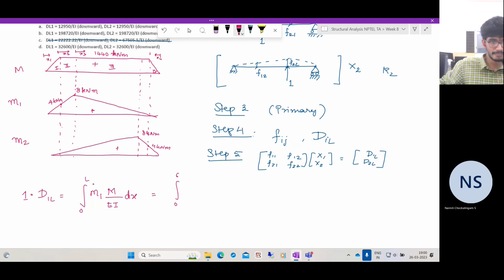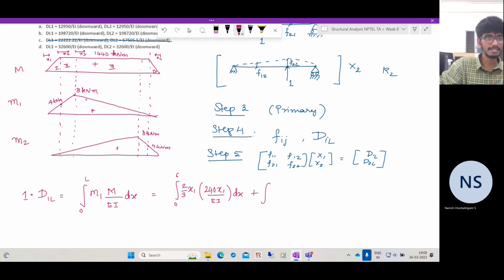So that is the idea. So this integration, you can do it easily. We have already done it many times. So what is M1? M1 is 2 by 3 x1, acting on the real bending moment. What is the real bending moment? It is 240 x by EI into dx, plus